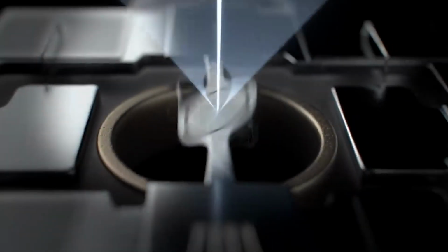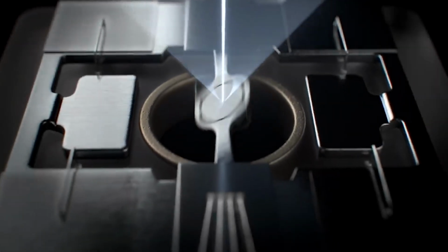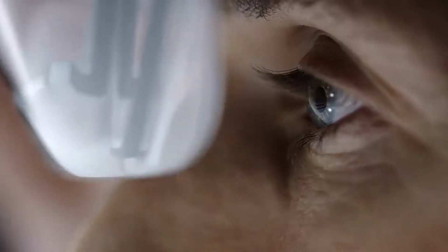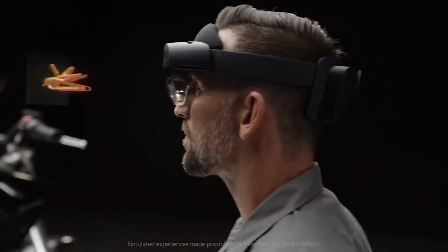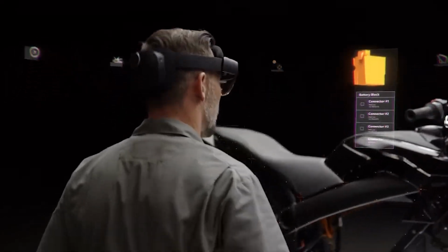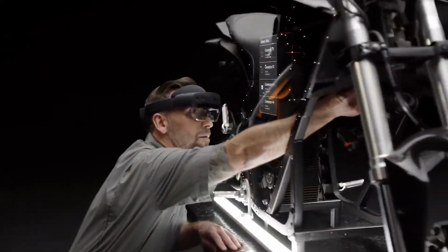Microsoft HoloLens 2. Usher in a new era of mixed reality technology, blurring the line between the physical and digital worlds. Join us on an immersive journey into the possibilities of the HoloLens 2, where holograms become an integral part of our everyday experiences. With its revolutionary design and advanced capabilities, the HoloLens 2 redefines how we interact with information and